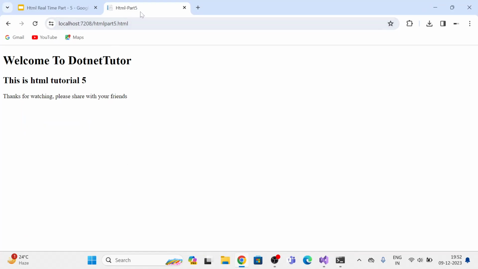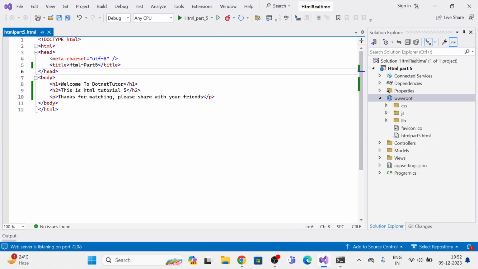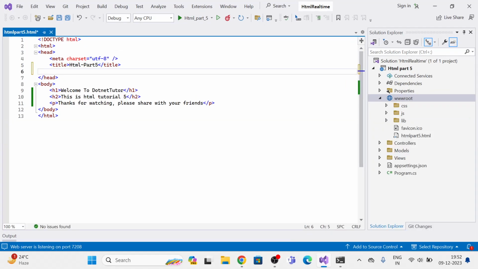See, just refresh if the changes are not reflected. So here we can see HTML part 5 as the title for this page, and I need to change this icon now. That is called a favicon. If you want to change it, then go to Visual Studio again, and here below the title I'm giving some link,